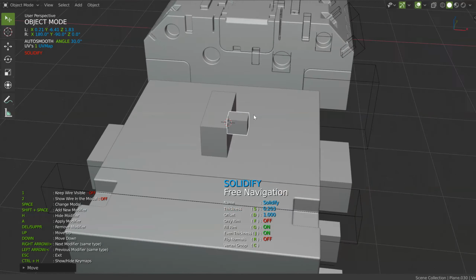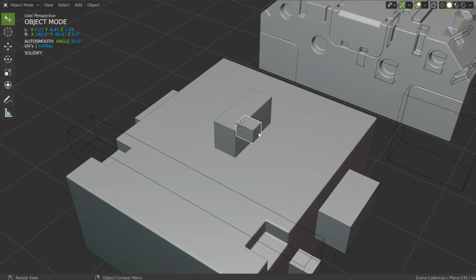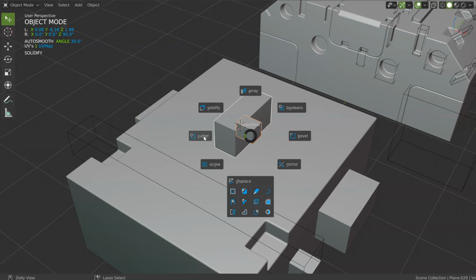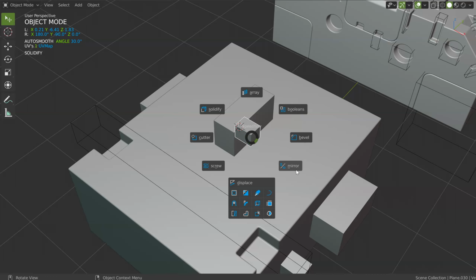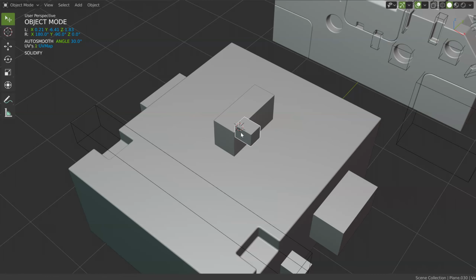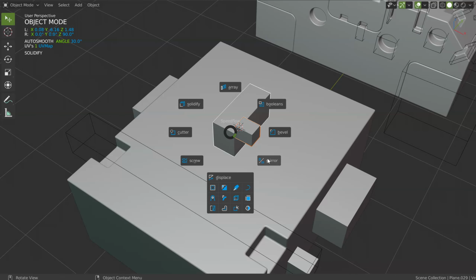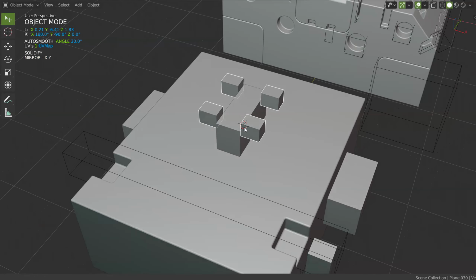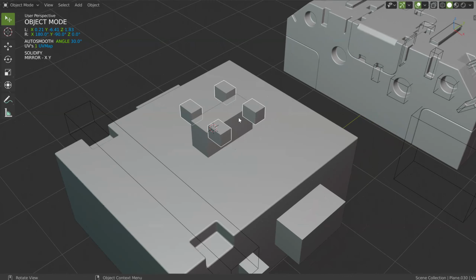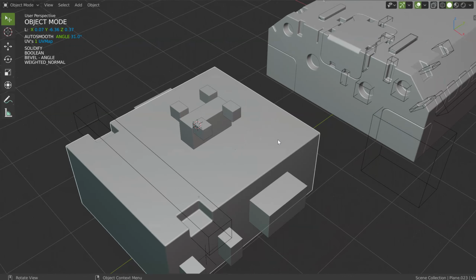So I will create another object, like that. And the creation is really nice. And on this one, what I want to do is select those two, press Ctrl Shift and click, and I just have to select the correct one. I selected the wrong one, my bad. Select this one and add a mirror, Ctrl Shift and add a mirror. And like that, as you can see, the mirror will be on this object here, on the selected object.